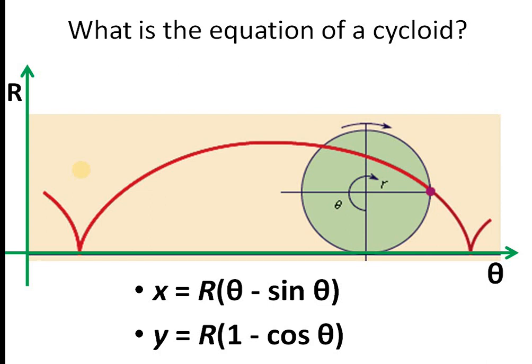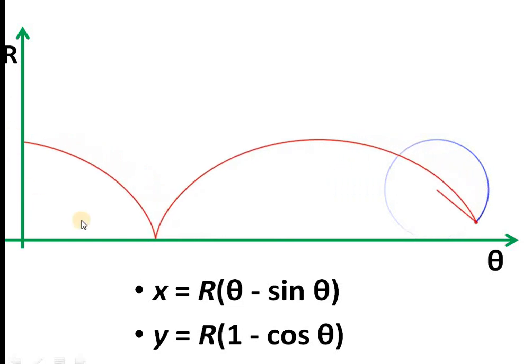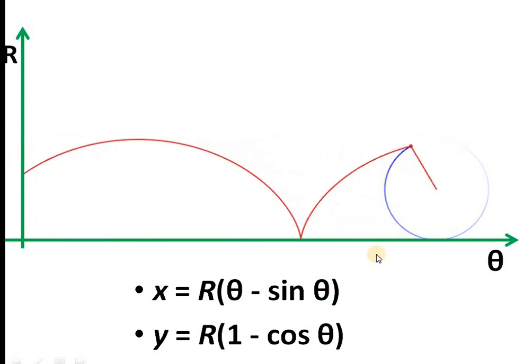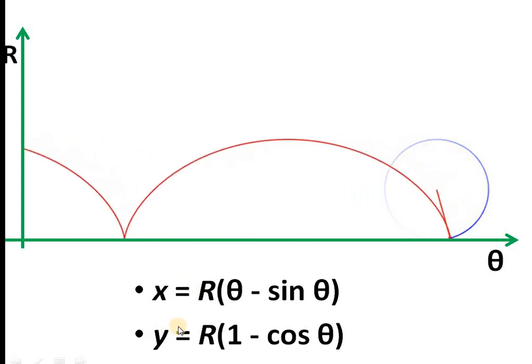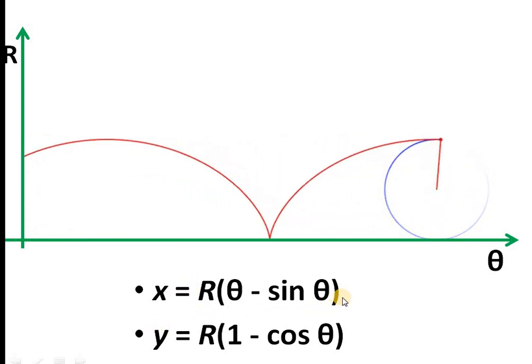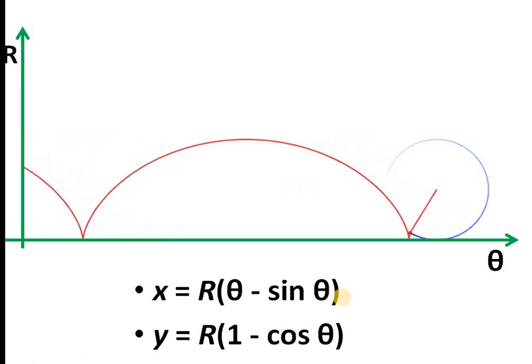will be cycloid. And we had a question like this: what is the general mathematical equation of a cycloid? And this is given here. x is equal to r(theta minus sin theta), and y is equal to r(1 minus cos theta). This is the general mathematical equation, and it is called a parametric equation, where x and y are 2 points on a plane, say the x, y plane. This equation shows how x and y are related with theta. Theta is the parameter, and we call it a parametric equation.